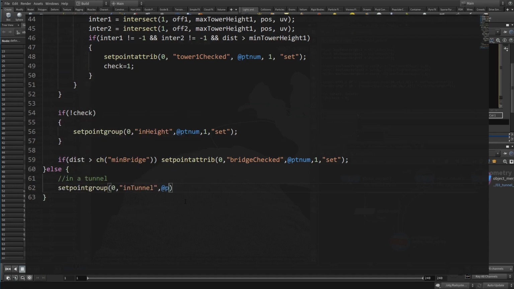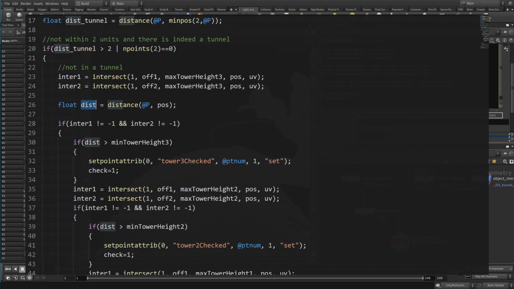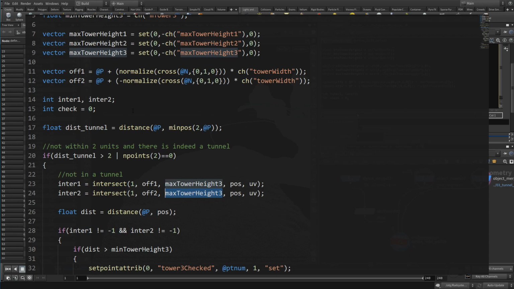At this stage, some of you might already shake their heads, because you spotted an issue. At the very end, I check the distance if it is big enough to place a bridge. But in this current setup, this would not work when the rail is really high, too high for even tower level 3. Basically exactly when we need them. So why is that? The distance was created here in the beginning, after we made the intersect for tower level 3. If that intersect misses, because the ground was too far away, the distance stays at 0, because the intersect operation never overrides the variable pos with the actual hit position.